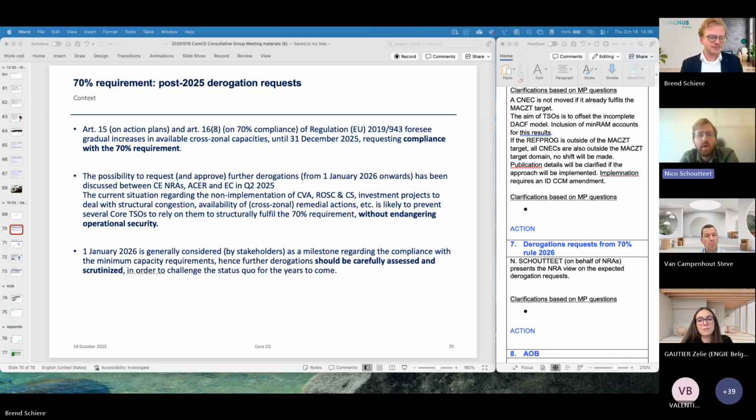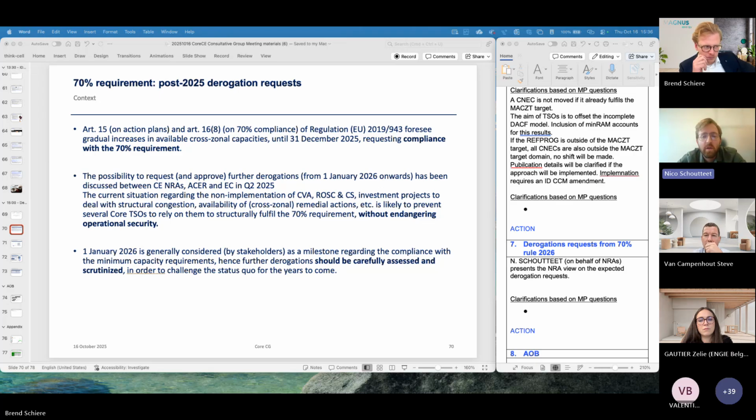On the one hand, because a lot of the tools that were expected to be available by the 1st of January 2026 or closely after that are not yet available. I'm thinking here about coordinated validation, the regional operational security analysis, cost sharing of remedial actions, investment projects which have been planned to reinforce the grid according to the famous build, split, pay principle. So a number of these projects are not yet available on the one hand,